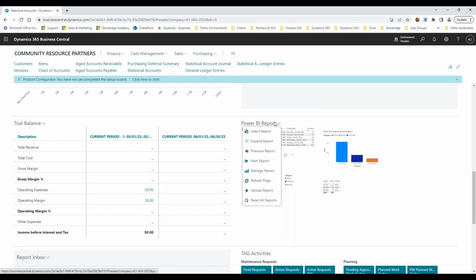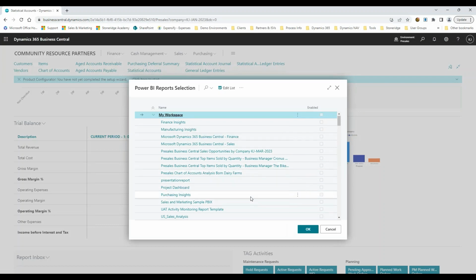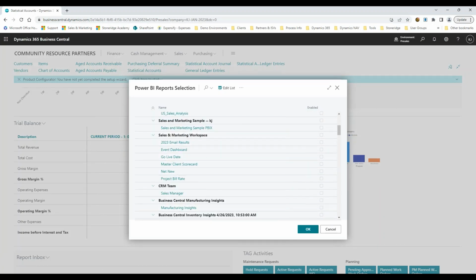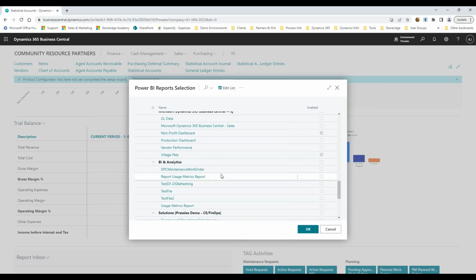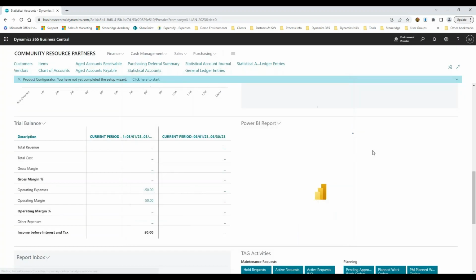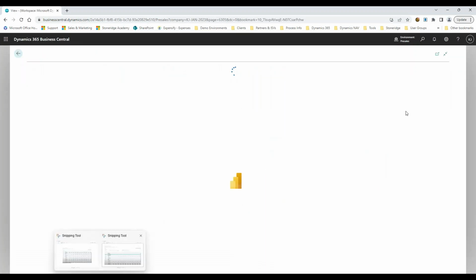Or I can, again, go out to expand or manage. In terms of selecting reports that are available, I can select, like I said, from any of those Power BI reports that I have in my workspace, and that's not my desktop workspace. That's my Power BI workspace in the cloud, or any other things that may have been shared with me. So I'm able to select any of these reports and view those directly here within Business Central. And again, if I wanted to look at this one, I can expand this report from there as well. So you're able to get to all of that